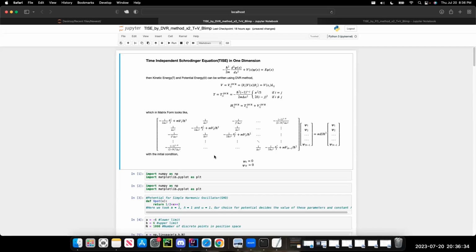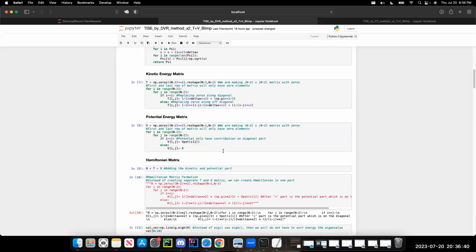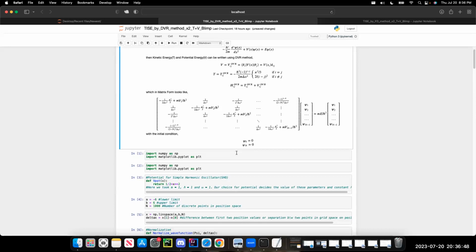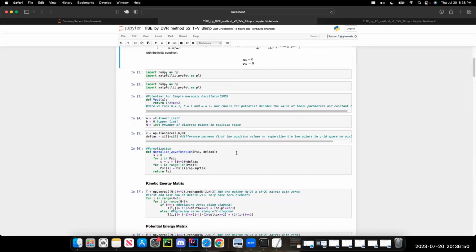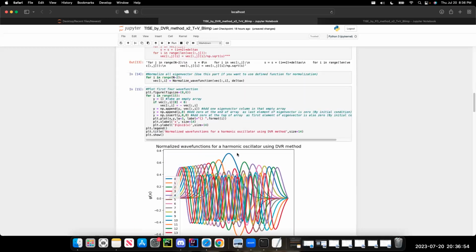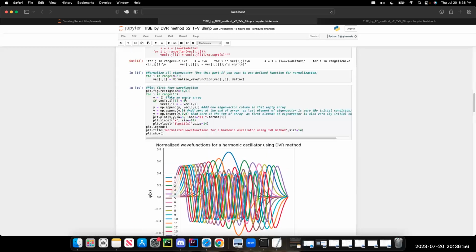Now we can look at what happens with our boundary conditions to see if that's consistent as well. We have the DVR approach here, and of course we could extend this to the finite difference method by redefining the kinetic matrix. But what we do see is that, if we plot a number of wave functions, namely 15 in this case,